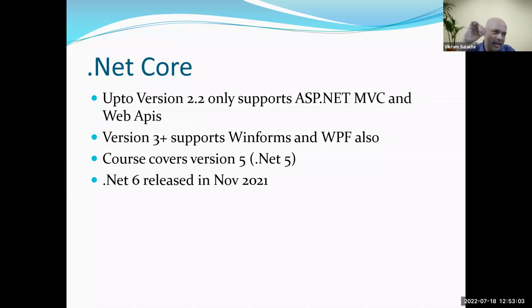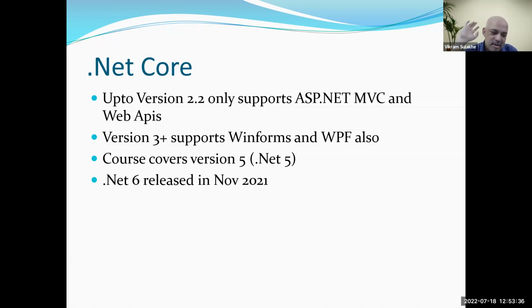Now, why have they done that? The versions again have their own story. What used to happen was you would have different versions. So you had .NET Framework version 1, .NET Core version 1, .NET Framework 2, Core 2, .NET Framework 3, Core 3, .NET Framework version 4, 4.1, 4.2, 4.3, 4.4, 4.5, 4.6, 4.7, 4.8. Now, when they came to 4.8